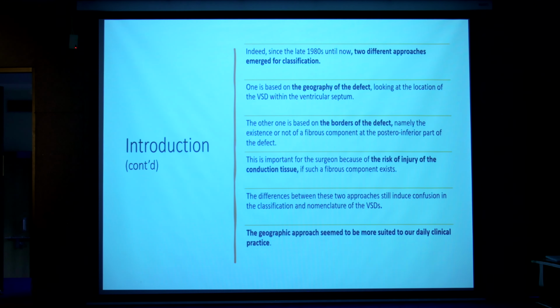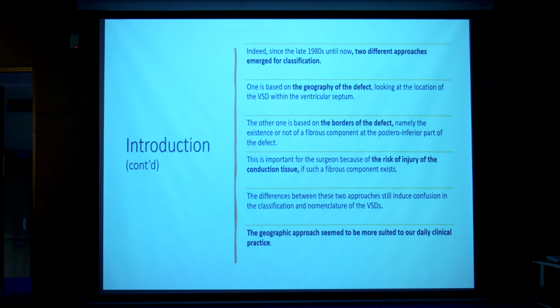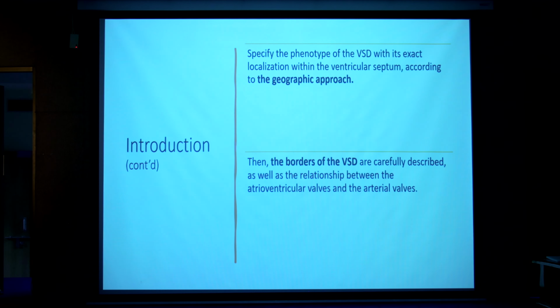The geographic approach seems to be more suited to our daily clinical practice. So to specify the phenotype of the VSD with its exact location within the ventricular septum according to the geographic approach, the borders of the VSD are carefully described, as well as the relationship between the atrioventricular valves and the arterial valves. So that is to say, identify the VSD with respect to its location within the interventricular septum,